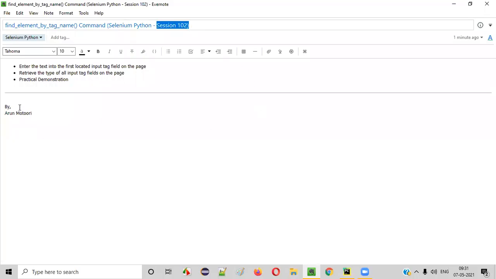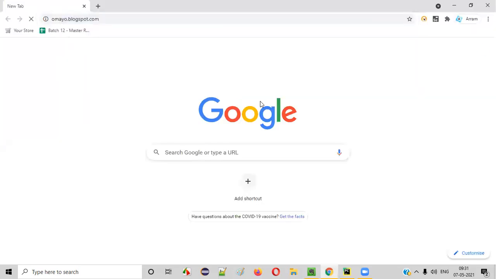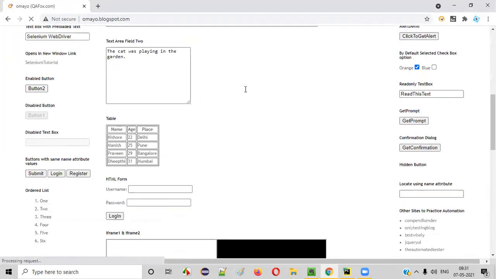In this session, I'm going to practically demonstrate one of the commands in Selenium Python, that is find element by tag name command. This command uses the tag name, that is the HTML tag name of the element, for locating or finding the UI elements. For example, if I take you to the sample application, say omai.blogspot.com, on this application page, if